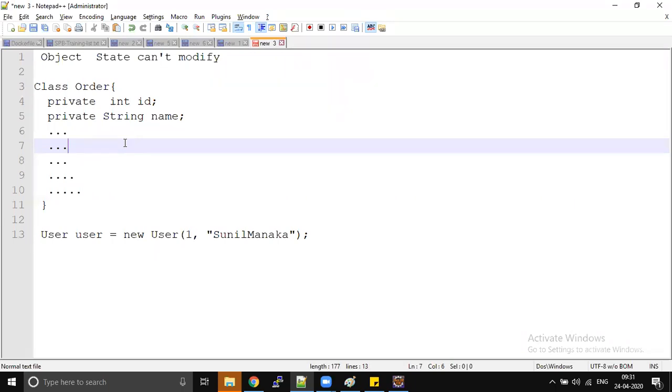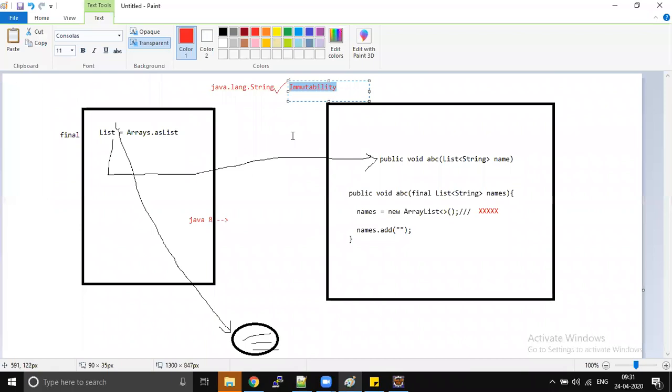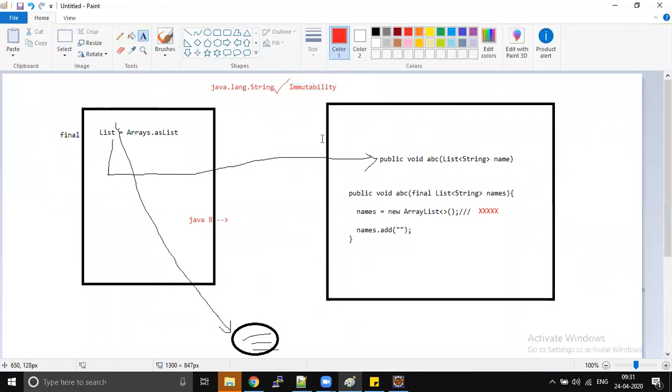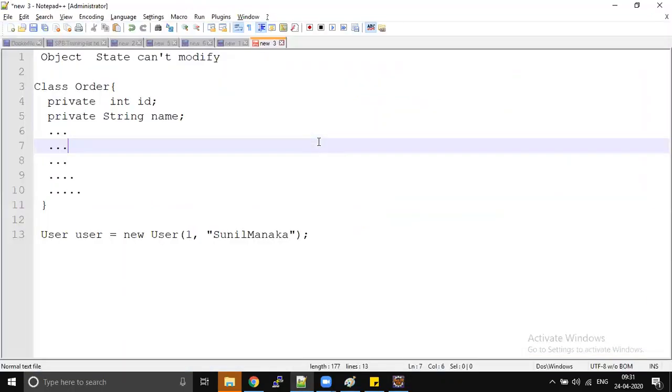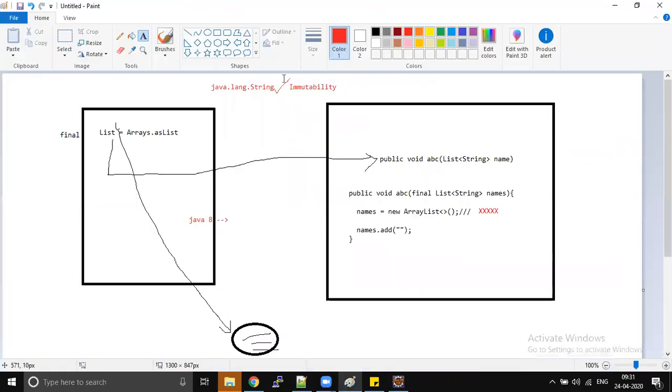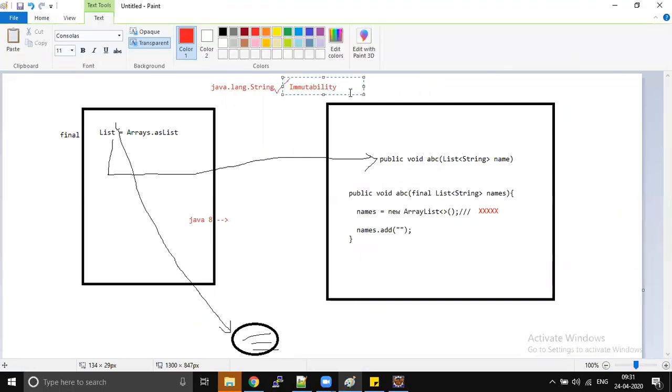If you try to change the state of any particular object, then a new object will be created. So that is immutability. That's how we maintain the concept here. Whatever you go for customizable, but with respect to the list, maps, sets, all the collection API, whenever we are using Java 8, we have all these unmodifiable sections. So you can use those unmodifiable sections, but don't use immutability or unmodifiable collections all the time, because these